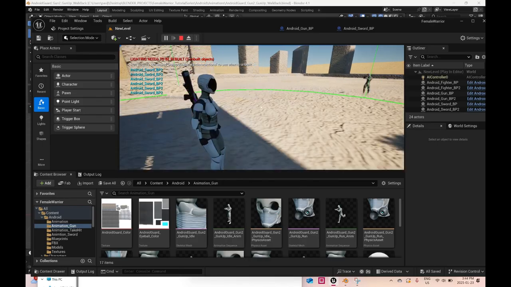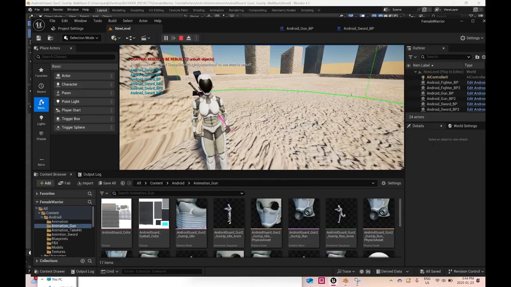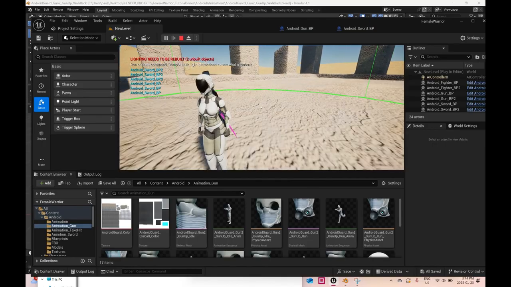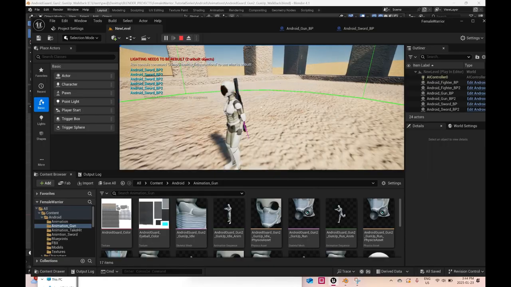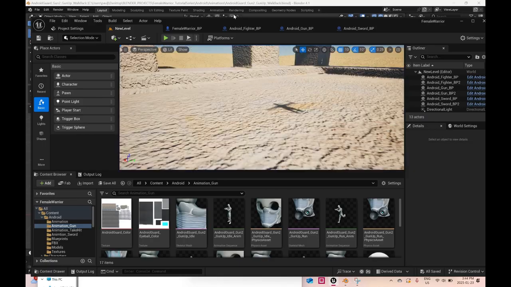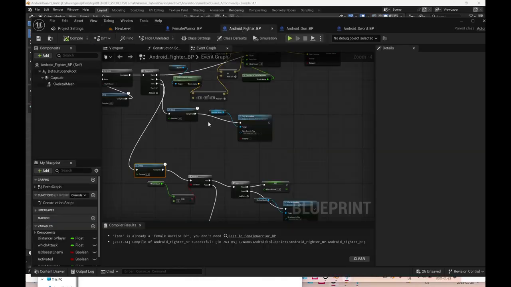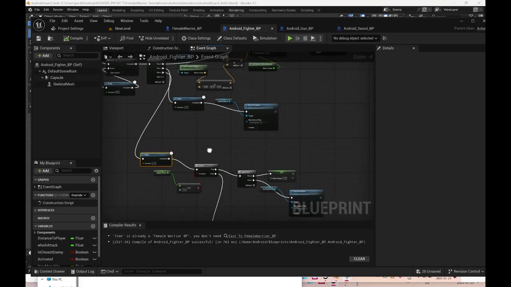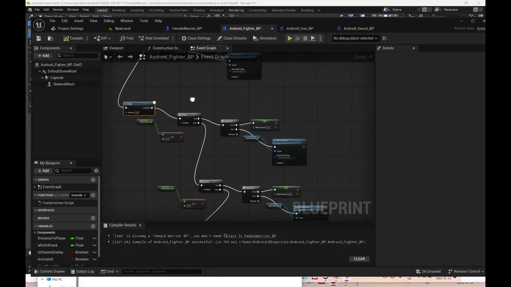Unfortunately, the character is constantly rotating to the closest character, so the evasion is always towards the player. So that's something else I can fix. I fixed the animation so it doesn't scale down. The scale was scaled down to a smaller value for some reason. One thing I need to change real quick is